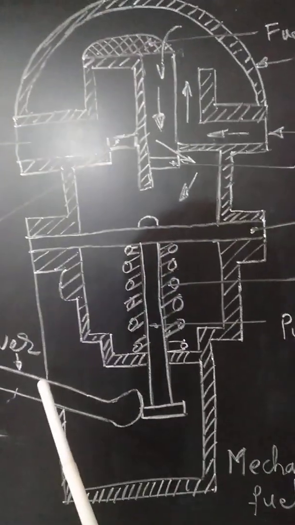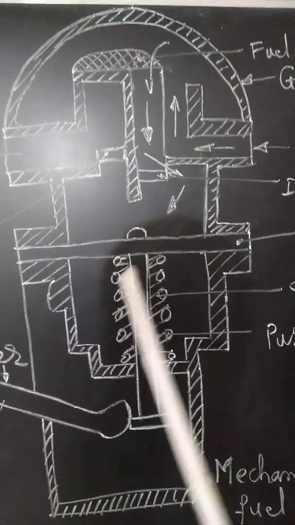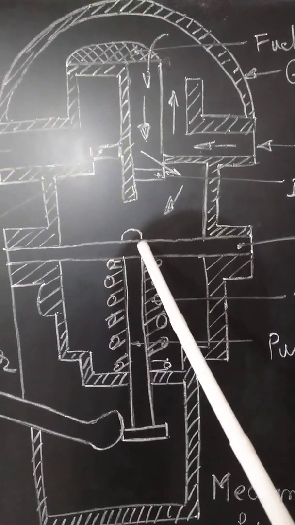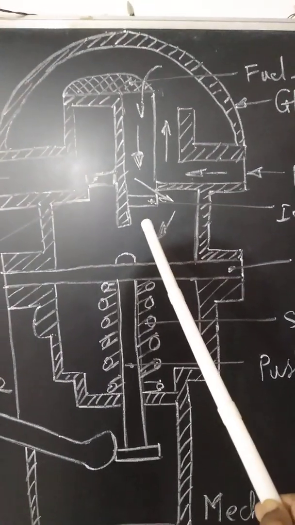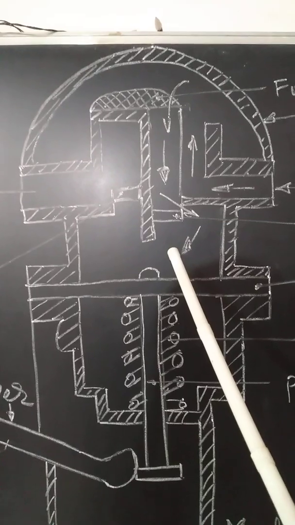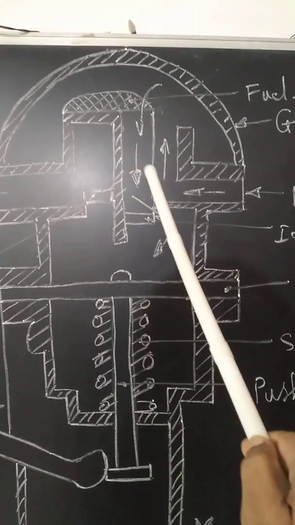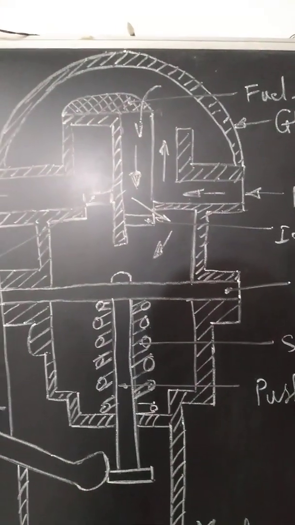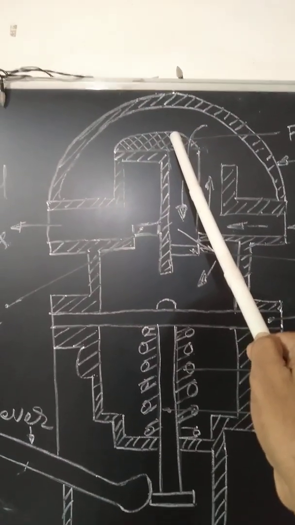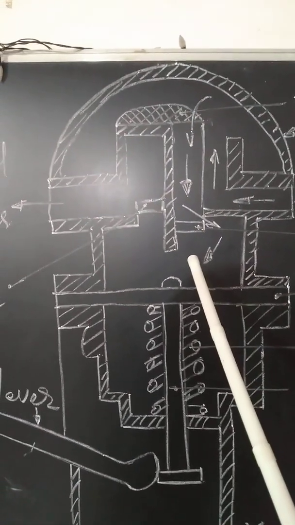So as the lever is moving, the diaphragm will move downward. When it moves downwards over here, a suction pressure is created on the petrol which is there in this particular chamber. So it will suck the fuel from the petrol tank which is far off. It is again filtered over here, and it is going to enter over here.